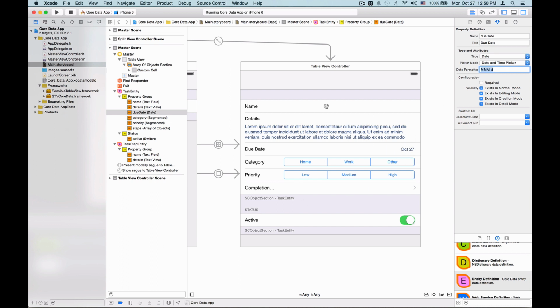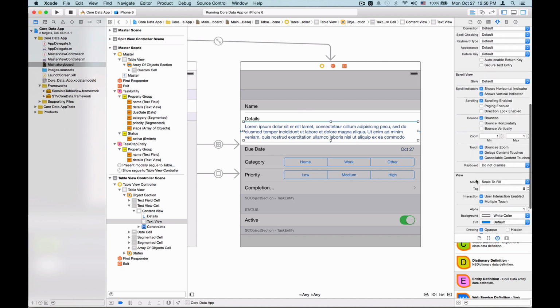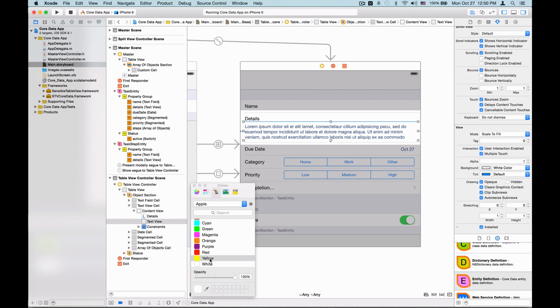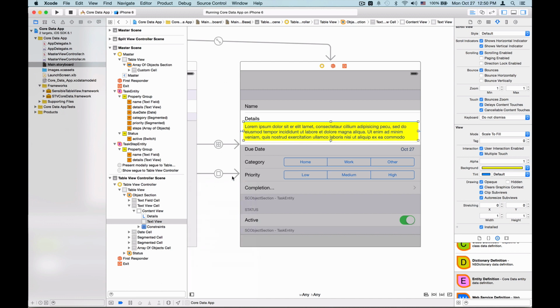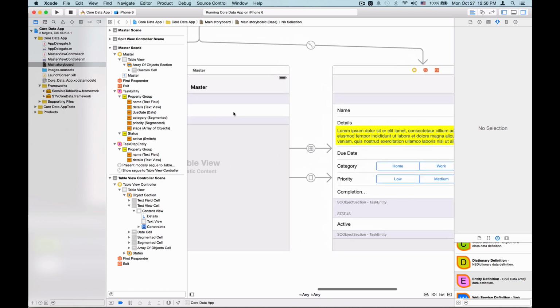Everything here is connected live to whatever you do here. And you can come here, of course, and just do whatever you want, change background colors, change auto layout constraints, just whatever you wish to do here. Again, as I said, there is a dedicated video on how to customize all the UI that's generated by STV